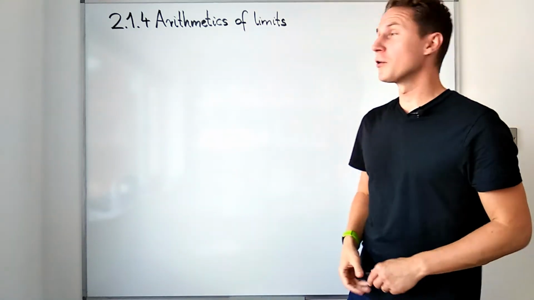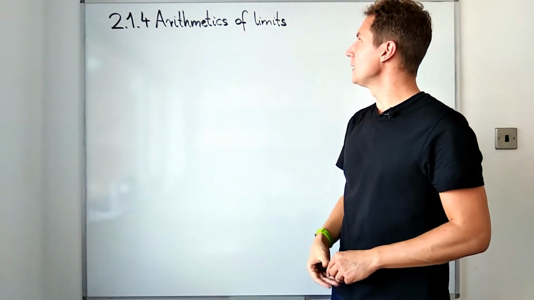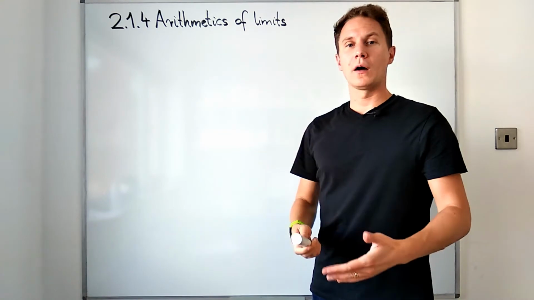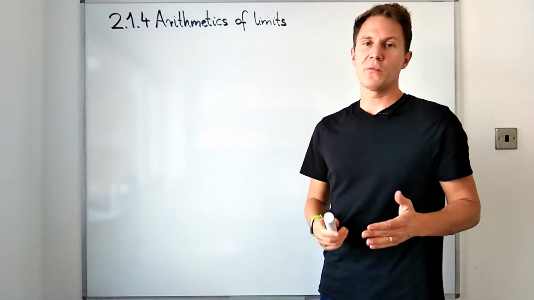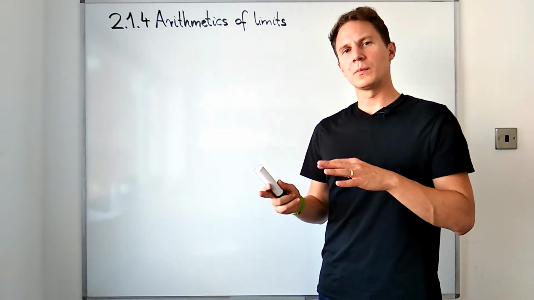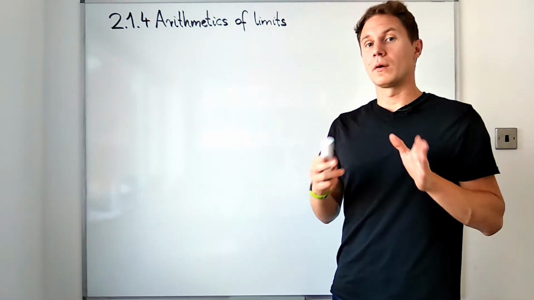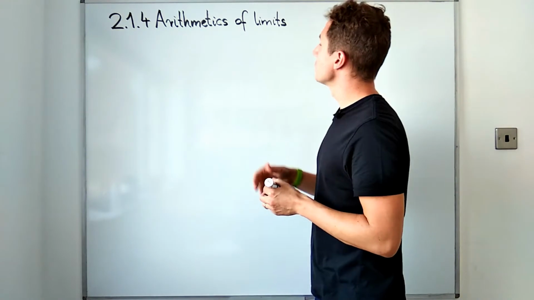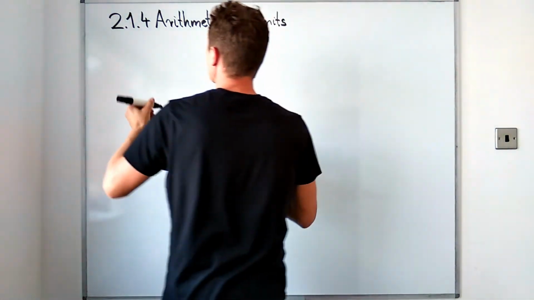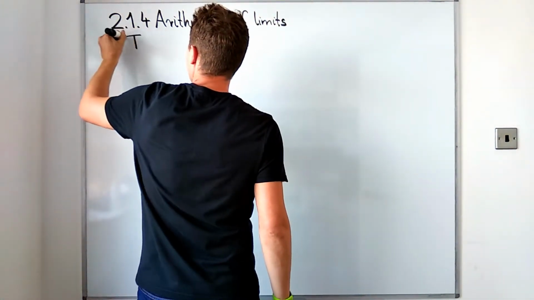In this video, we are going to be looking at the arithmetics of limits to see how convergent sequences behave when we add them, multiply them, divide one by another, or if we just compare convergent sequences. So let me start with the first theorem,